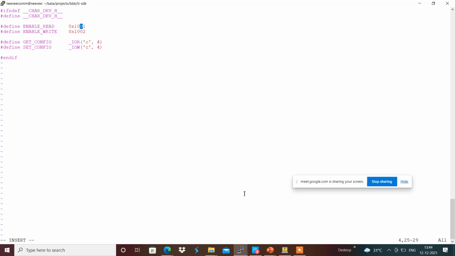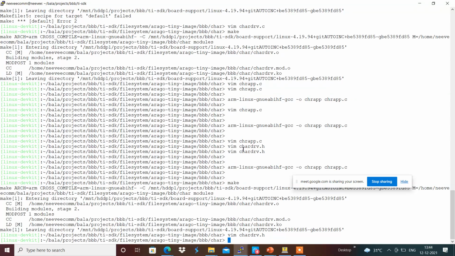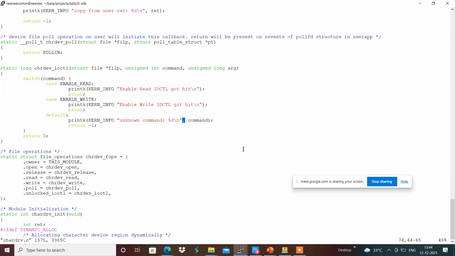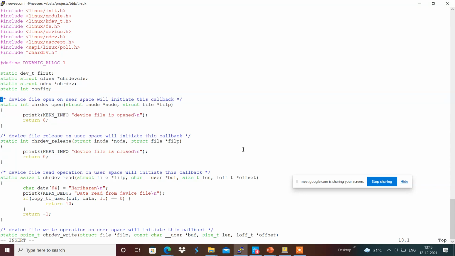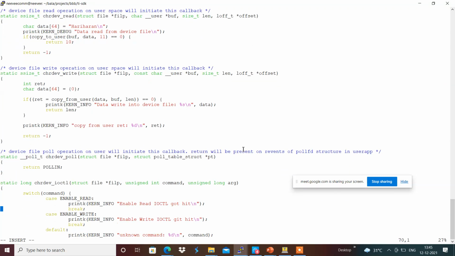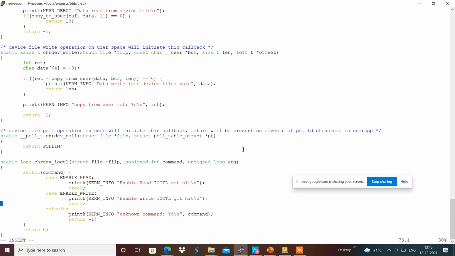In this we will be getting some configuration. For example, in chardrv.c I have the information something like a static integer config, and in case of get config over here, we are going to use a case GET_CONFIG and break, and we will have a case SET_CONFIG over here.